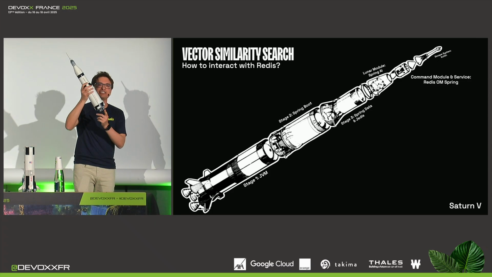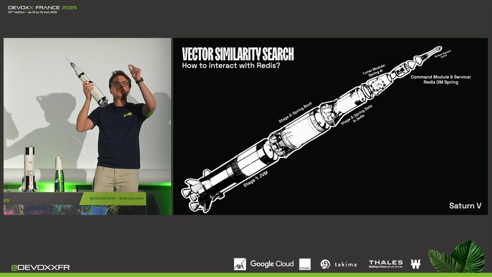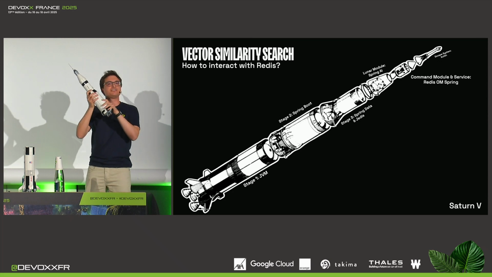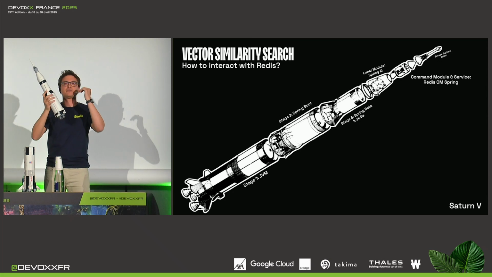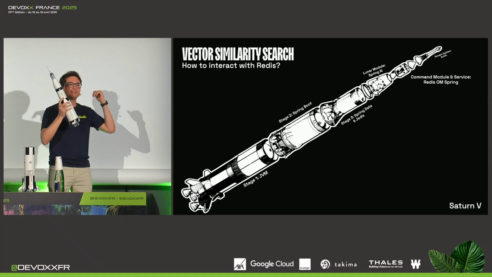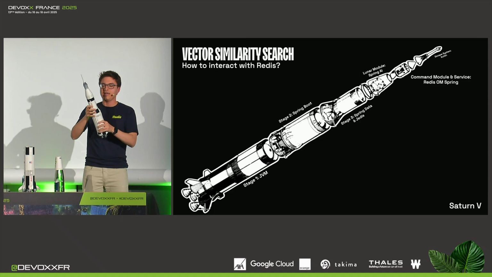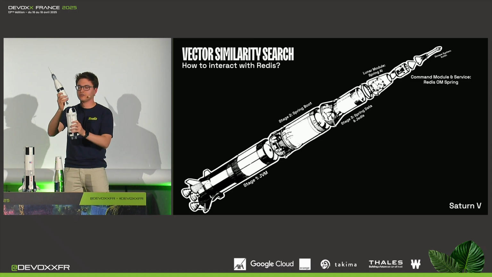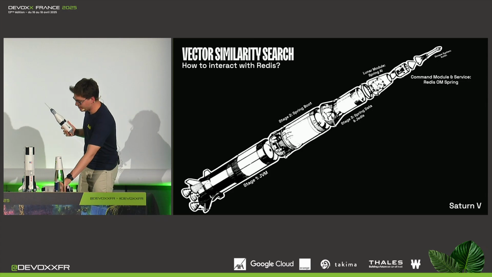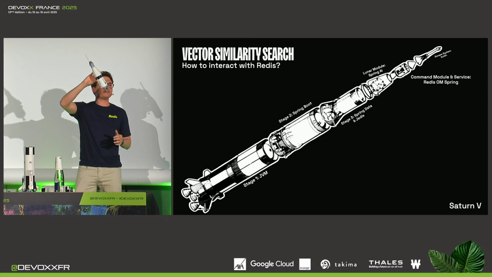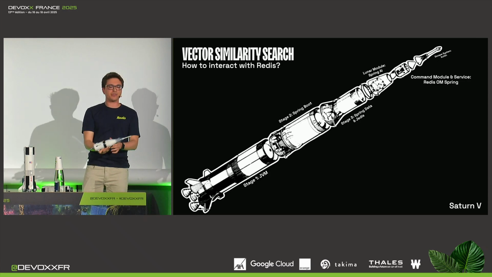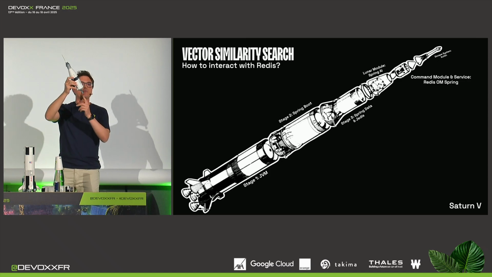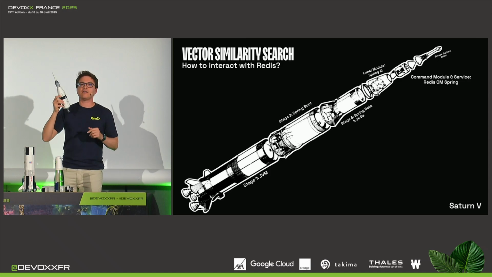And then the second stage would be ignited until it reached a parking orbit around Earth, all right? And the second stage is going to be Spring and Spring Boot for us, because it's built on top of the JVM, and without it, we're also not getting to the moon this afternoon, all right? But once you got to this parking orbit, we don't need it anymore, so we're also going to detach it and discard it. And then this left part will take a trip around the Earth, basically checking if everything was fine, and if everything was fine, the third stage would ignite as well and take the rocket